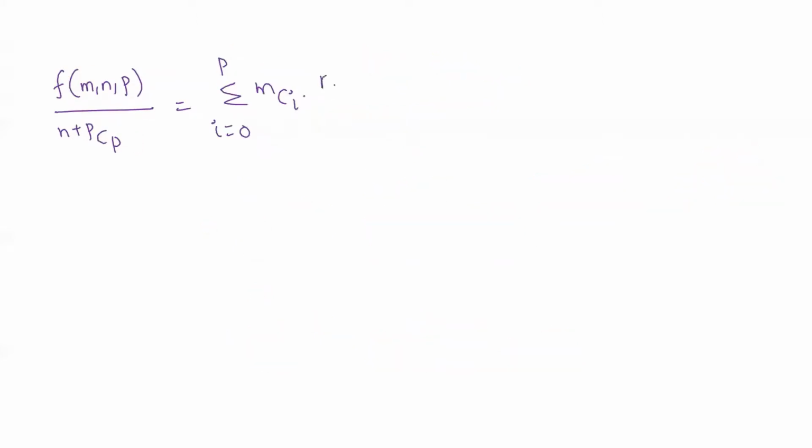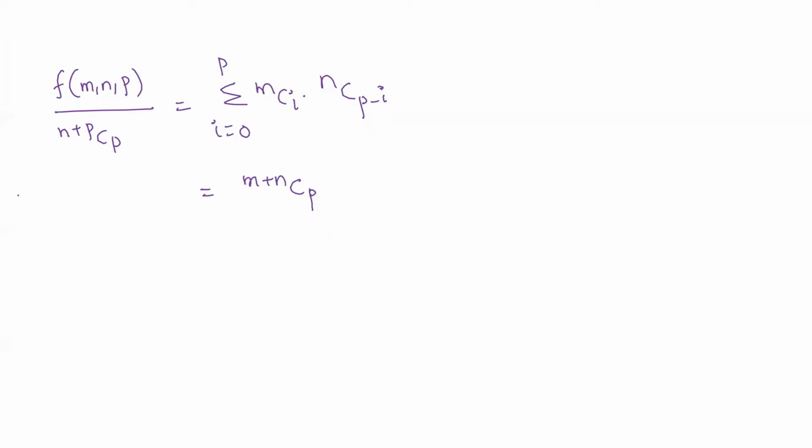So that one is going to be nCp minus i. Okay, so this is what we are going to get as f of m comma n comma p upon m plus n Cp is simply going to be equal to this value, mCi times nCp minus i. Okay, so this is what we got as the summation here. So now from the properties of the binomial coefficients, this value is simply going to be equal to m plus n Cp, from the binomial properties.